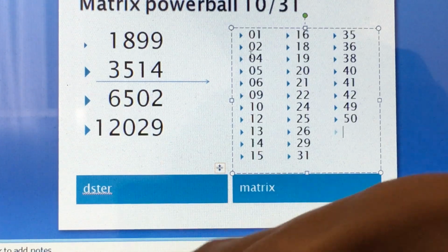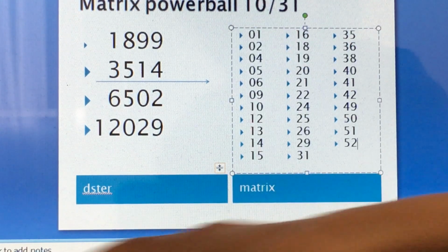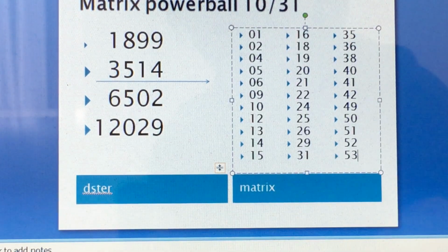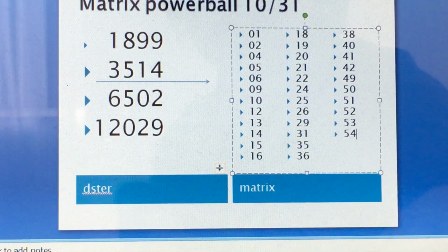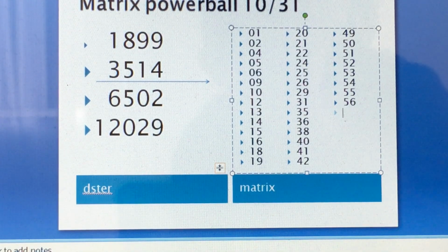50, 51, 52, 53, 54, 55, 56, 57, 58, and 59 are in the Dster. Now 60, now we get a lot number, but you still rule out a lot of